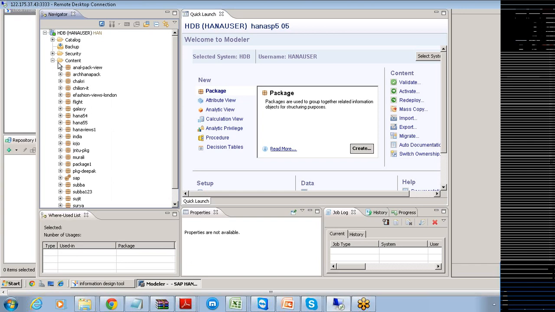And one more thing: every view that you are creating in this particular content package is expected to appear as a column view in the form of this SYS_BIC. That is the place it is expected to appear.